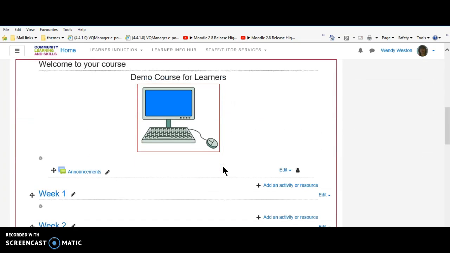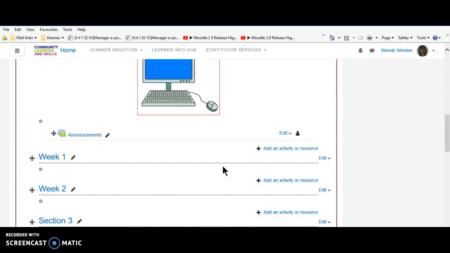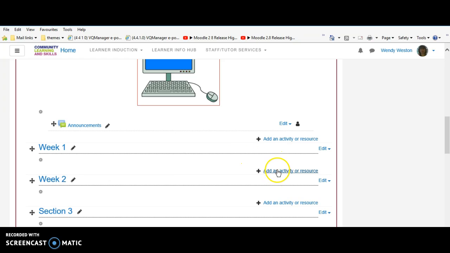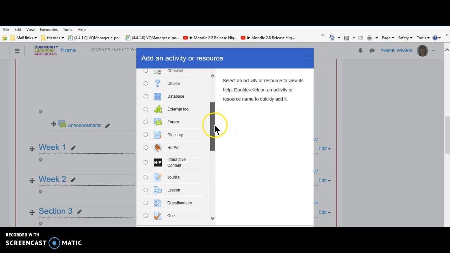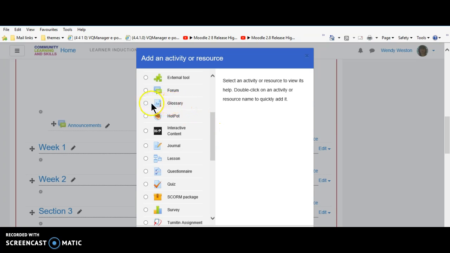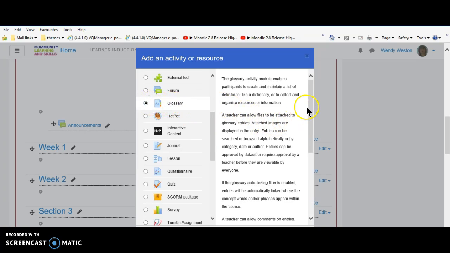So let's look at adding some content. To add content for week 1, we've got an option here called Add an Activity or Resource. We click on that, and we've got a long list of things we can add. If you click on any of these, for instance, glossary, it gives you a full description of what that will actually involve. The glossary is a module that enables participants to create and maintain a list of definitions, a bit